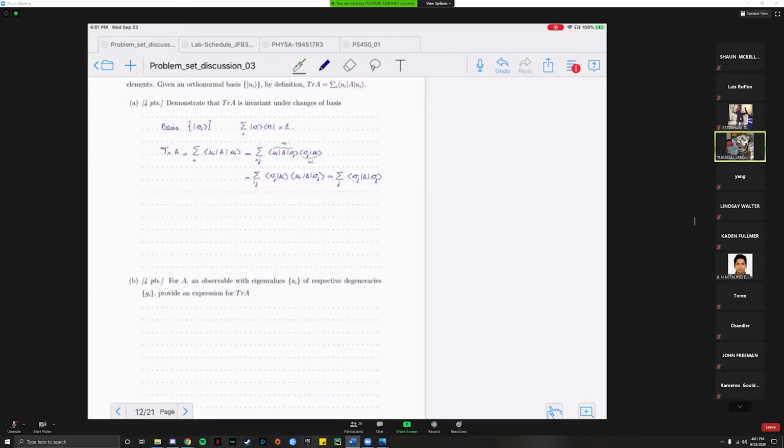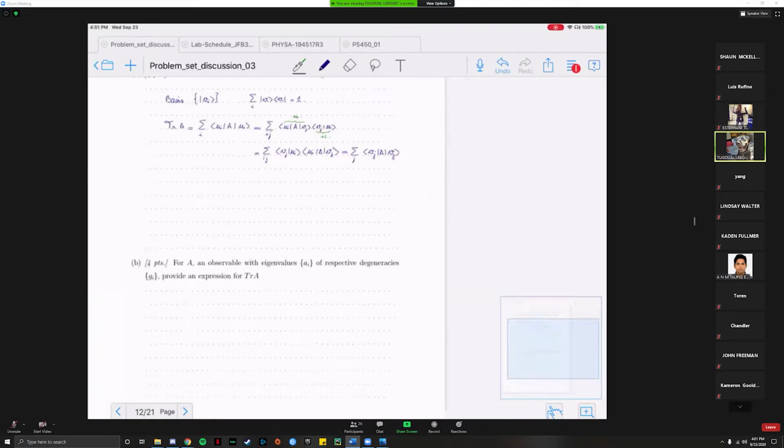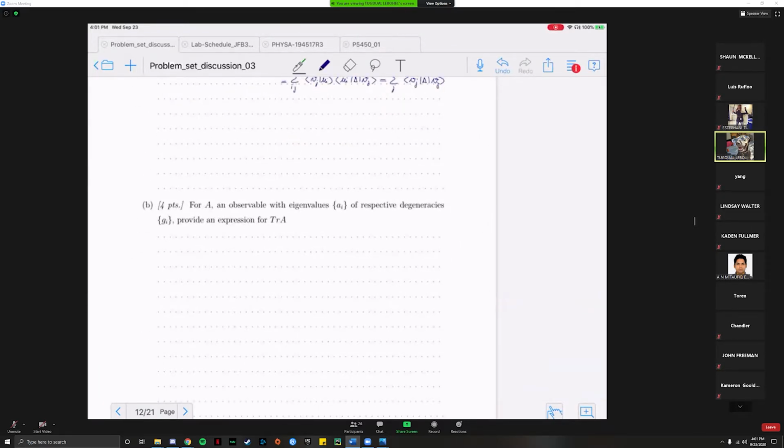So the question does not assume anything, but you're right in saying that we could write a matrix that represents operator A in a basis that is made of the eigenvectors of A. So then what would be the appearance of that matrix? So maybe I could do the drawing. If we were to construct a matrix that represents A in the basis